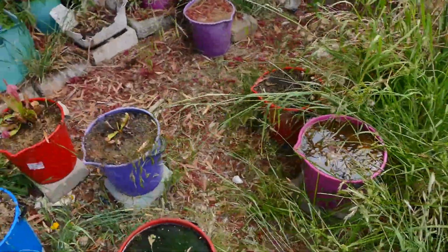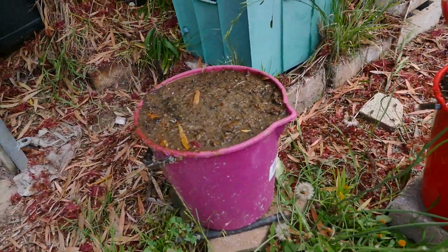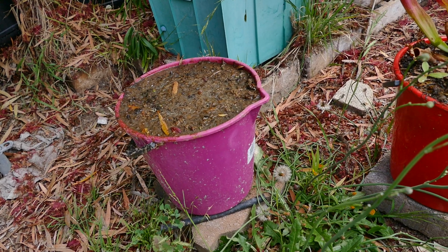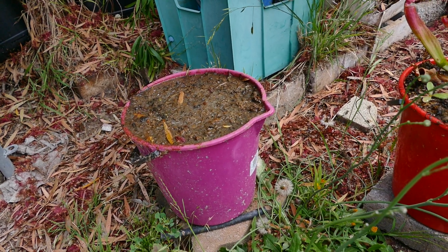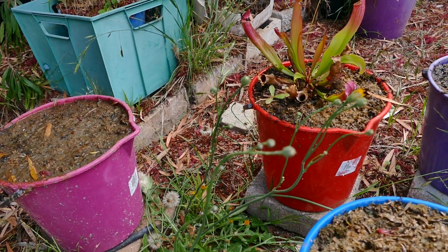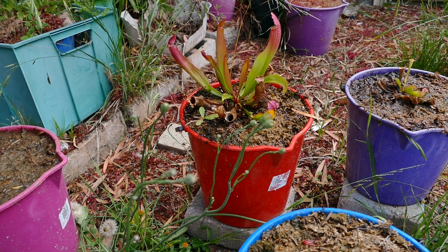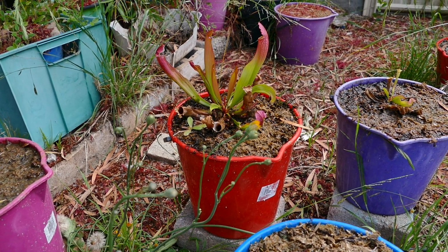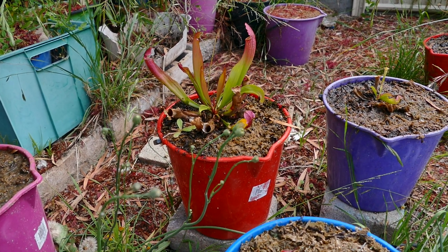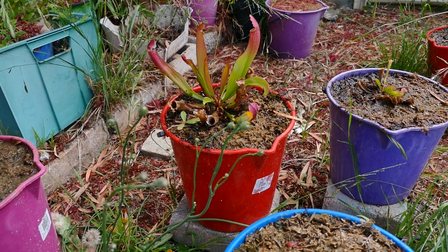I've had terrible havoc with the birds this season. First season I've really ever had terrible havoc with the birds. Normally nothing, you know. They eat the plums and stuff like that, but nothing untoward. But this year they've just gone crazy. I've got a nest in the shed, I've got one under the plants out there, and yeah, they just go crazy